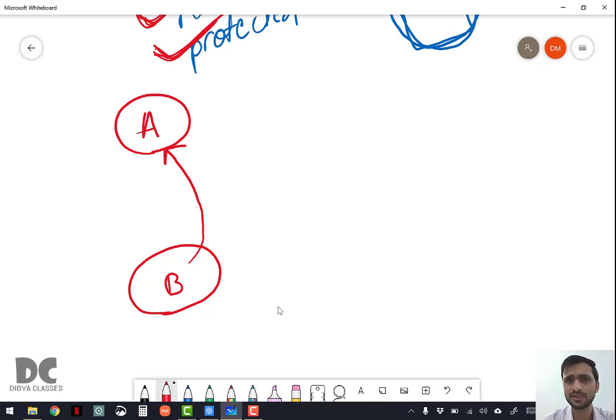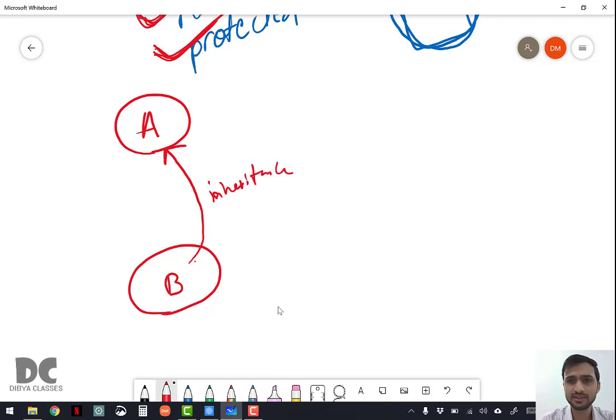Every object has some properties, like a fan gives wind, a bulb gives light. So these are the properties of an object. Everything in this world is an object, as we studied in part 1, and each of these objects has its own properties. So if B is giving some properties to A, or we can say that A is taking some properties from B, this concept is known as inheritance.